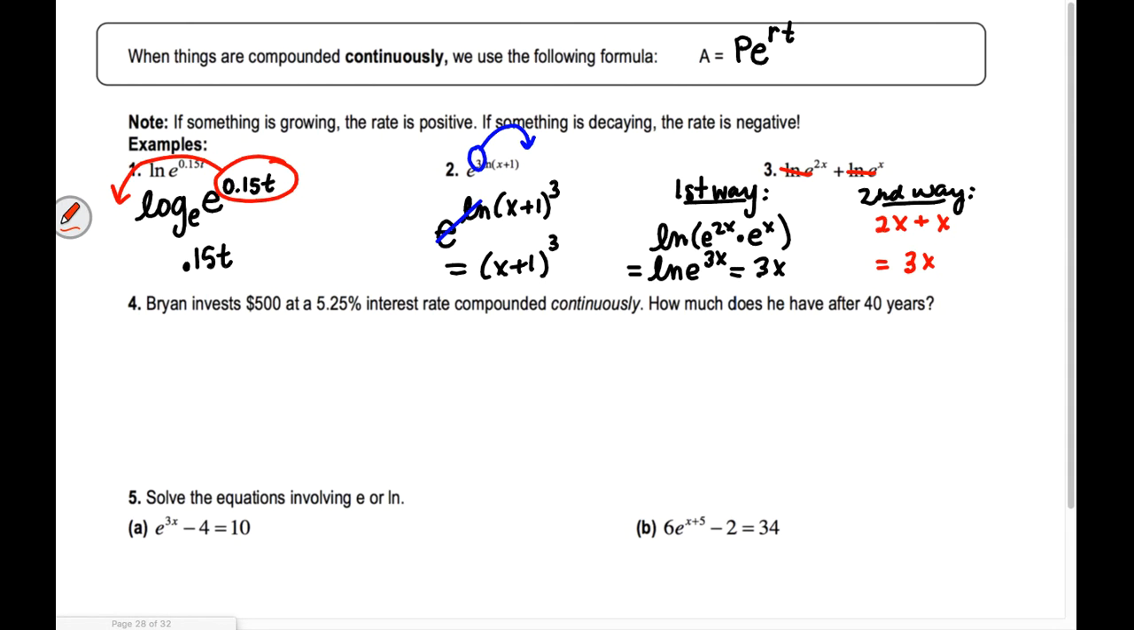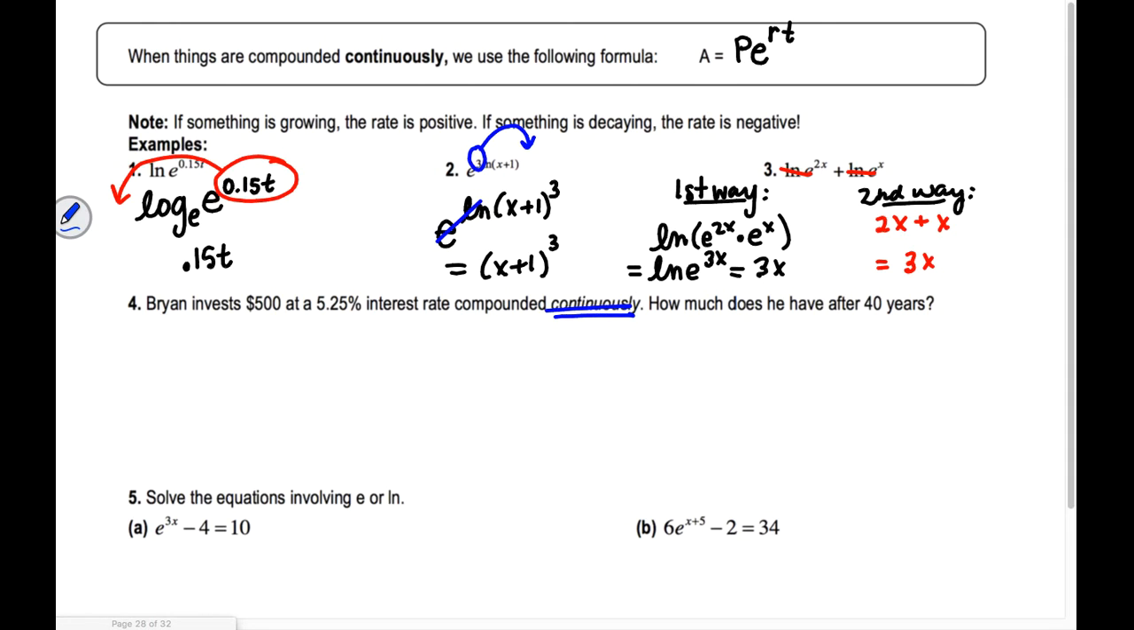Okay, so let's try this. Brian invests $500 at a 5.25% interest rate compounded continuously. This is not saying monthly, daily, every second, or anything like that. It's saying constantly, continuously. So every single time you see continuously, it is a different equation than that